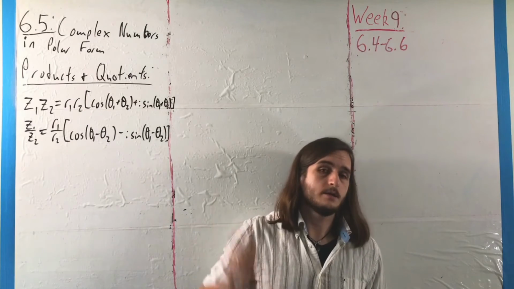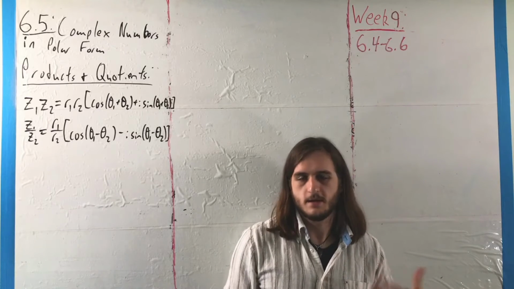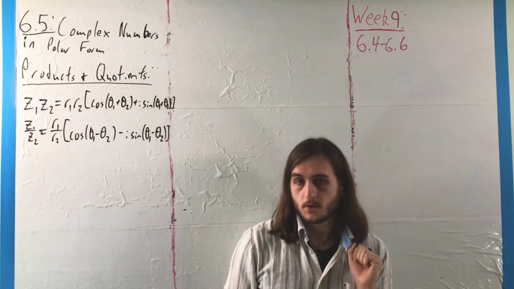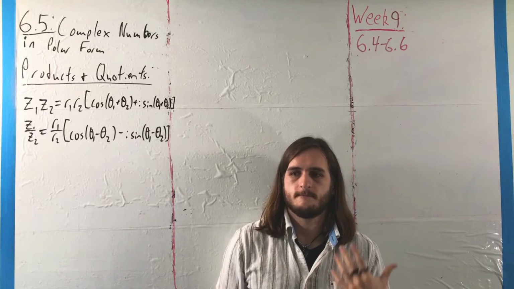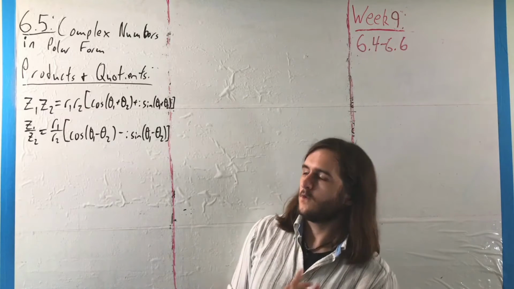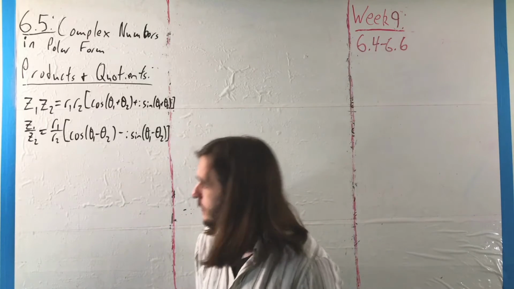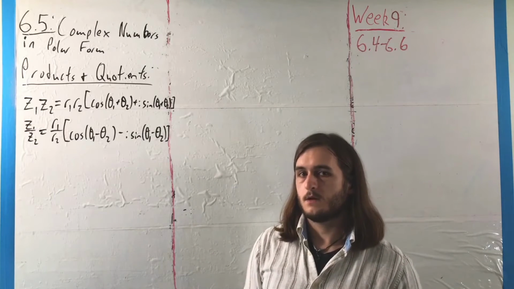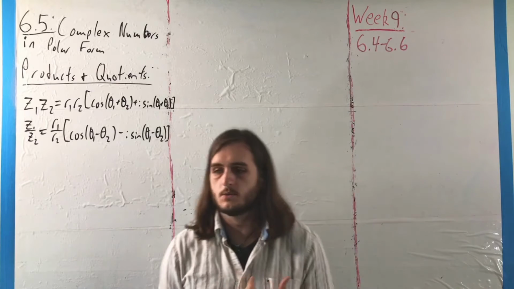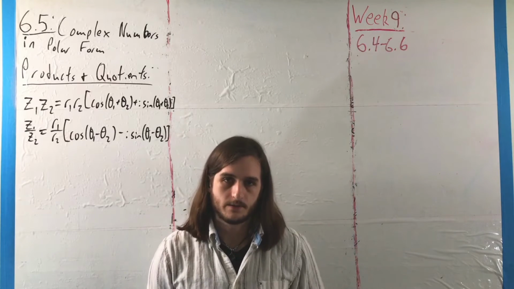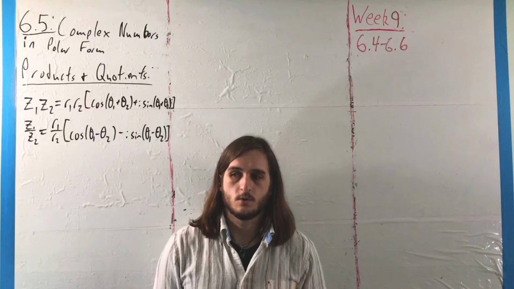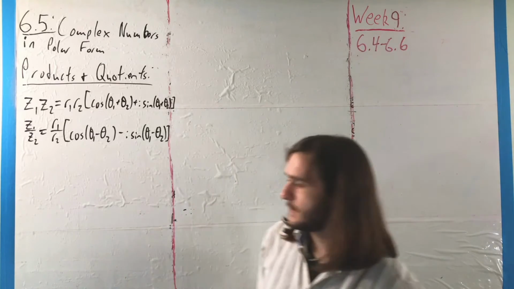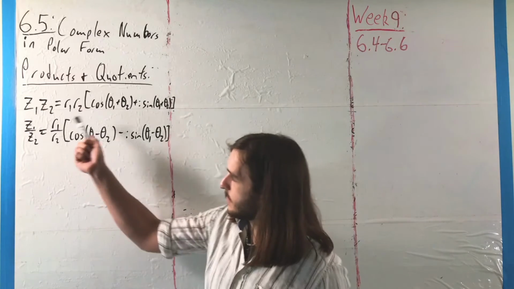The nice thing about working in polar form, though that's a matter of taste, is that it leads to some fairly approachable formulas for dealing with products and divisions of complex numbers. And we'll see later that it leads to ways you can talk about roots and powers of complex numbers as well. So here, if we have two complex numbers, z1 and z2, their product has form r1 r2,